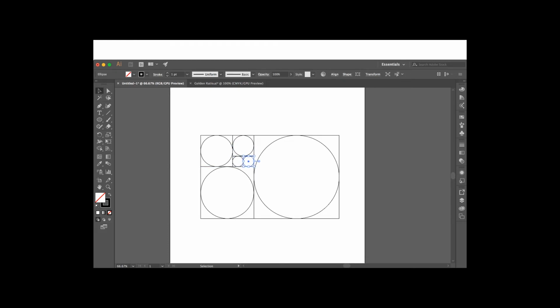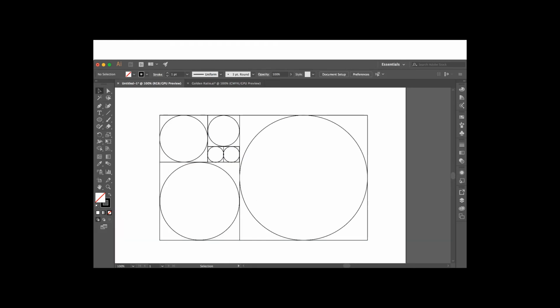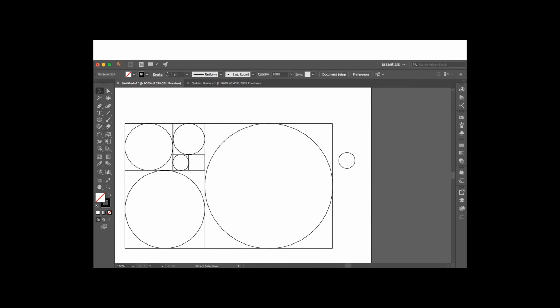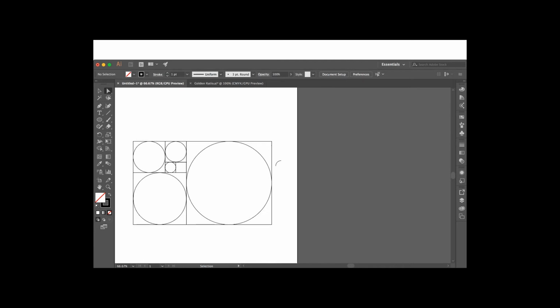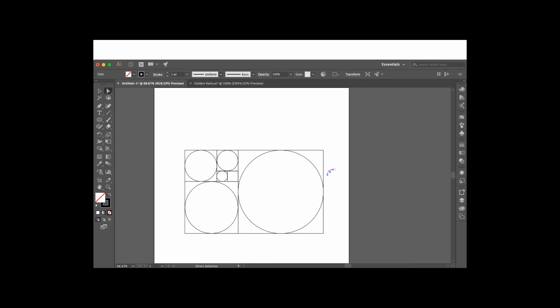There we go. Okay, so now we'll zoom in here, and now we'll start making the golden spiral. So the best way to do that is to take our shape and isolate it over here. And what we're going to do is we're going to use our direct selection tool, and we're going to select these 2 points here, or any 2 points, and just go ahead and delete them. Now that we have this, we're going to go ahead and drag it over here,